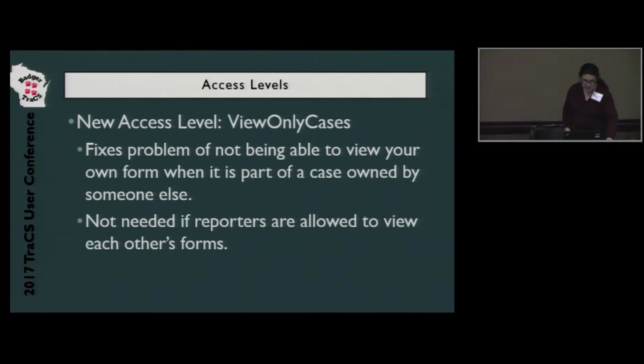So now on to the access level change. This problem where you can't see your own form because somebody else owns the case is solved by a new access level called View Only Cases. And what this allows you to do, so in that example where Jane owns the case and Joe has some forms in that case, if we give